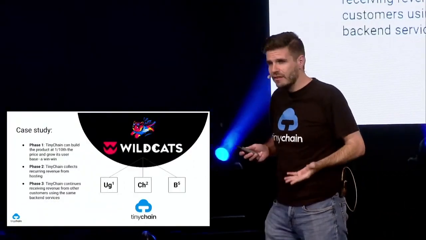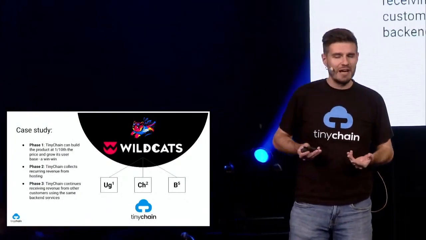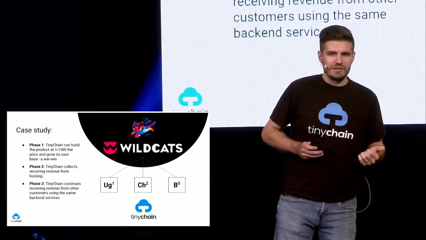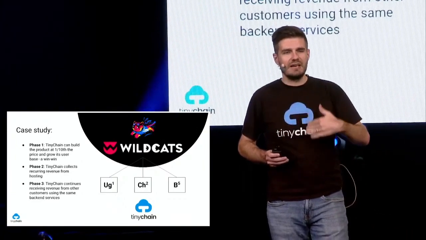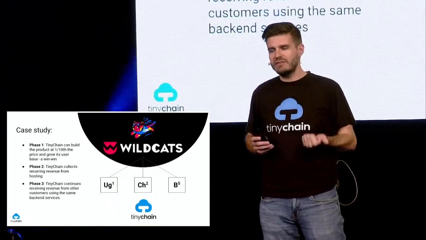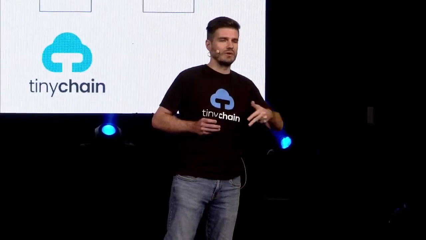A great case study in how the business works today is Wildcats. It's a company that serves first-time entrepreneurs in the US and Southeast Asia. Wildcats needed original features, meaning they couldn't just plug in an off-the-shelf API, and TinyChain is able to offer those features at 1/10 of the market cost, primarily due to our savings in terms of development and operation costs, but also because the lifetime value of Wildcats as a customer isn't just their initial development spending, it's also revenue from hosting in phase 2, and it's also revenue from other companies using the same apps that were originally developed for Wildcats via the App Store in phase 3.